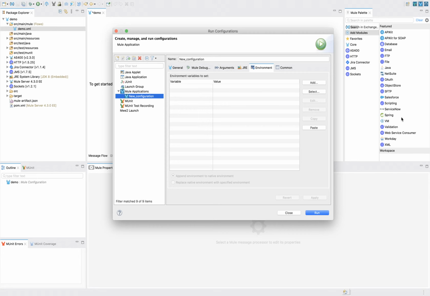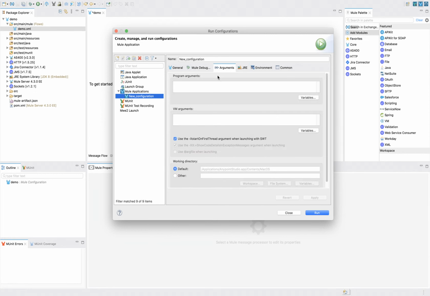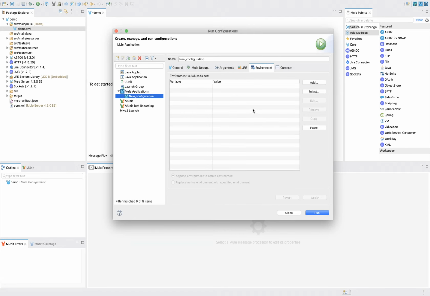At this moment, for the coming 2 days we will mostly have introduction, we will not go in detail. So here you can set all the environment properties and all the arguments. These are like a property file, arguments property file, environment property file that we can set here. And how did I get to this option?